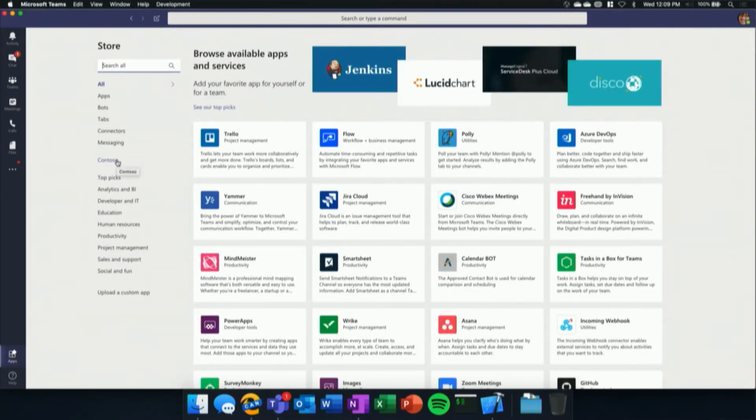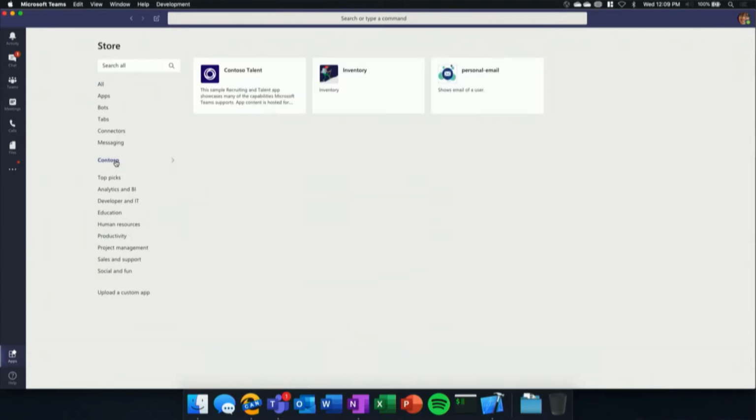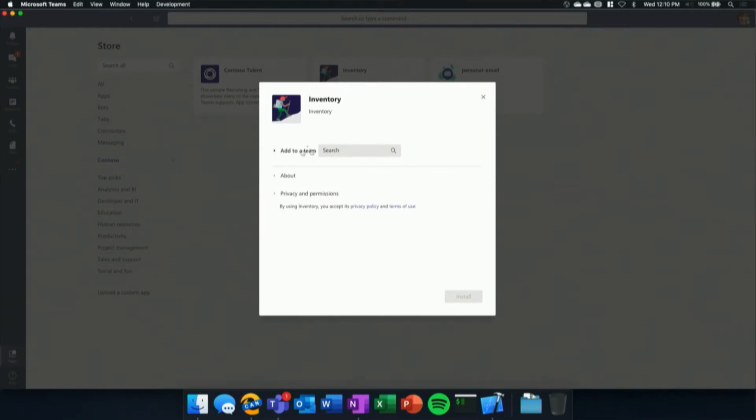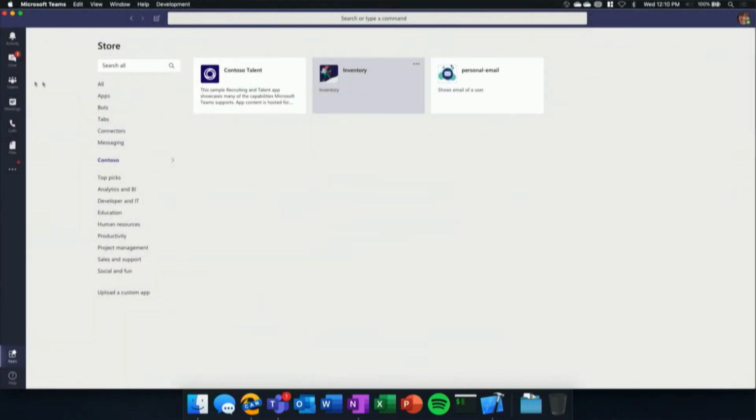When a user switches to the app store within Teams, there's this section here that will have the name of your company, and these are essentially the apps that are only available for your organization that tenant admins have uploaded, or that have gone through the SharePoint ingestion, and SharePoint has automatically uploaded to our catalog via the Graph APIs. I can see some details here. I can even go directly install it into a team, but I've already done that, so I'm going to hop